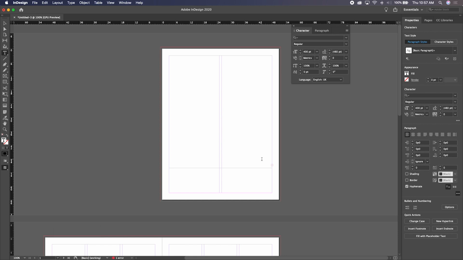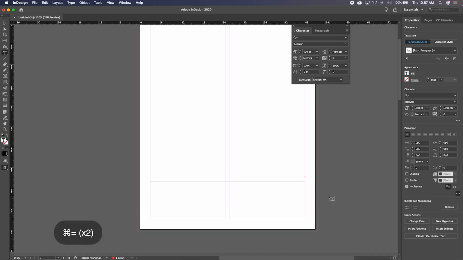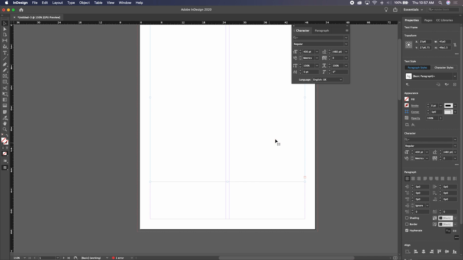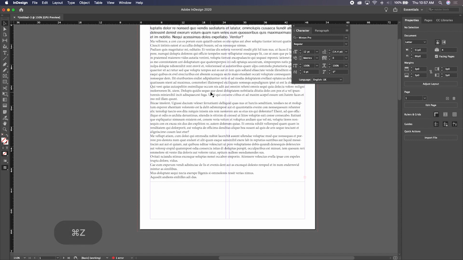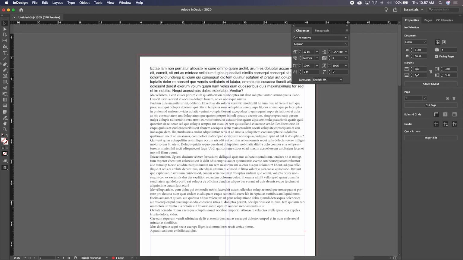And now, if you notice, it all disappeared. And I have this little, it's kind of hard to see, but this little red plus sign down here. What that means is the type that you have doesn't fit in this area anymore. And that might happen in a few situations. I'm just going to undo real quick. So I'm going to Command Z, which is undo on a Mac, Control Z on a PC, right? And I undid that. If I go to grab a new piece of type, for example, and I set this to 100,